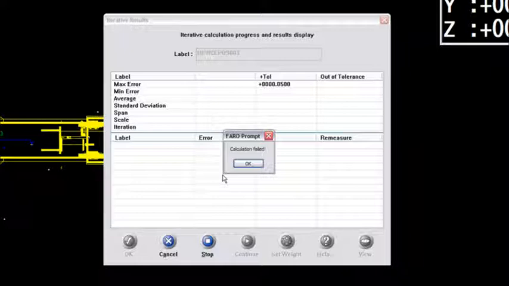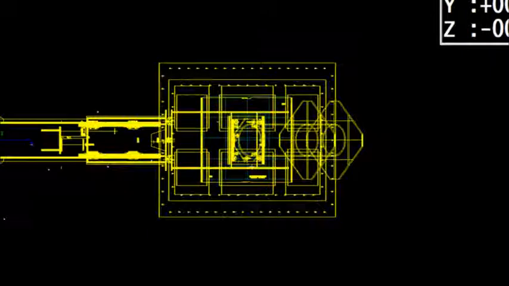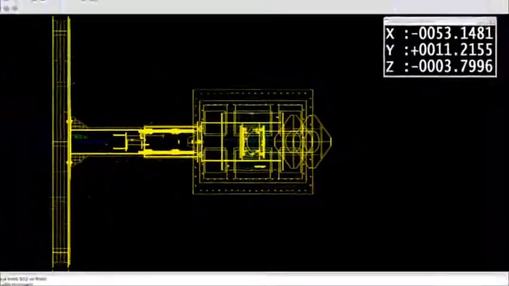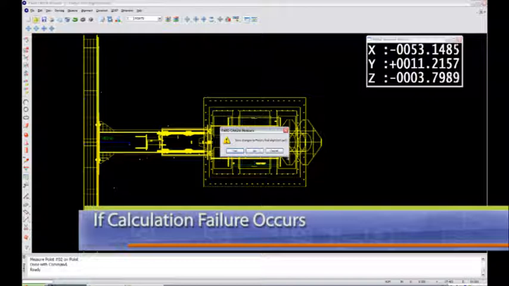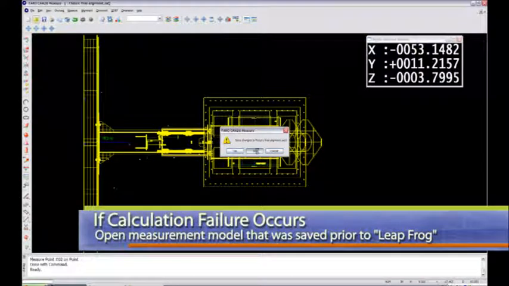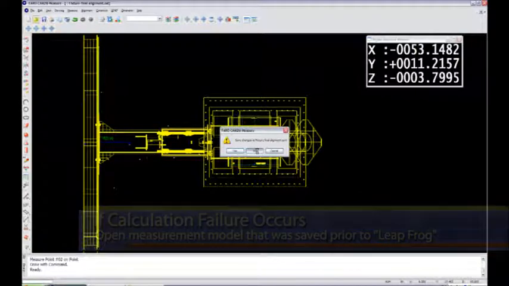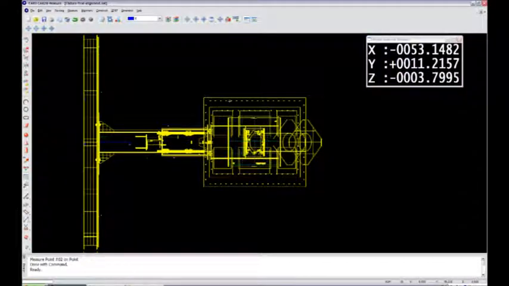So let's continue through this a second. First thing I said was okay, after I said some choice words. So let's open up that file again, the file that we saved just prior to this leapfrog that we attempted here. Say no, I truly don't want to save what I've just done. Say no to that, and then we'll give it a couple seconds to pull that model back in. Here it comes. Okay,